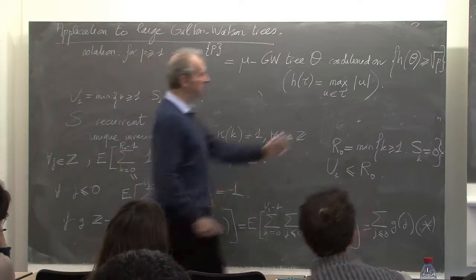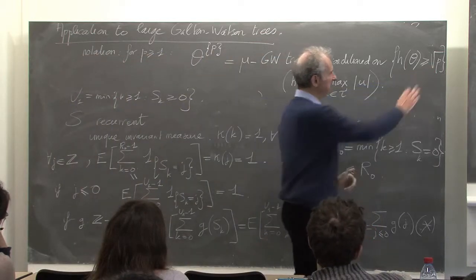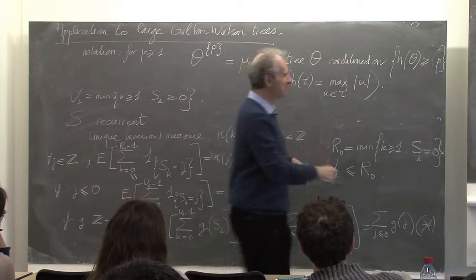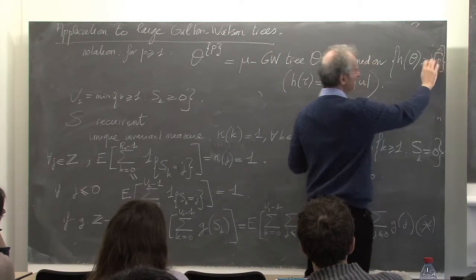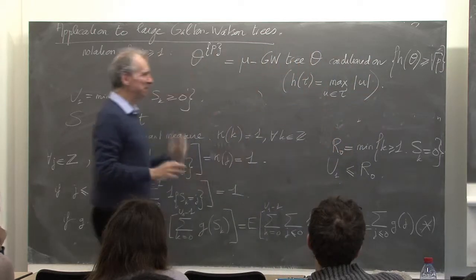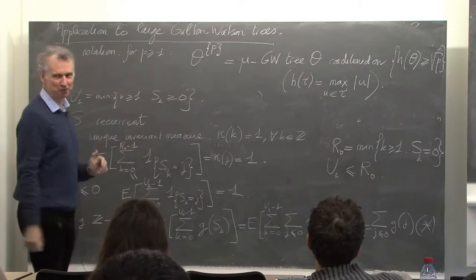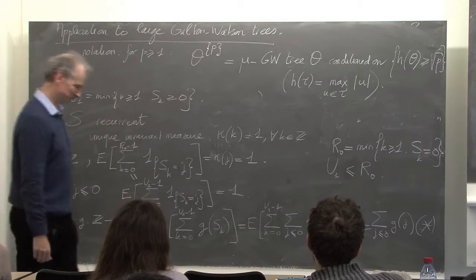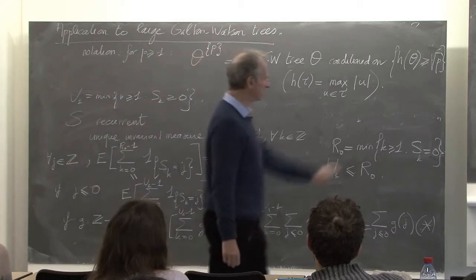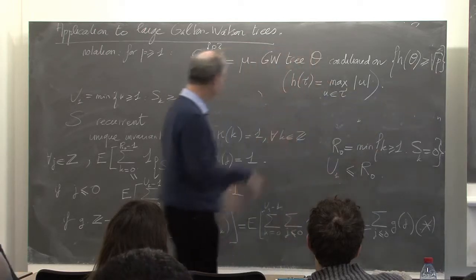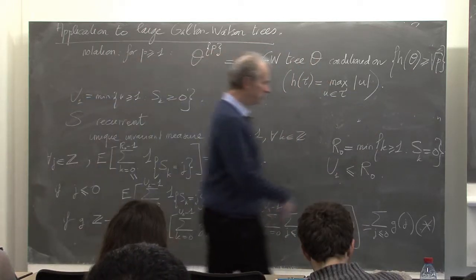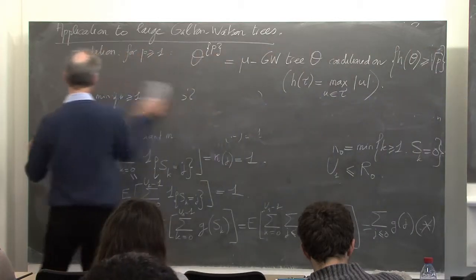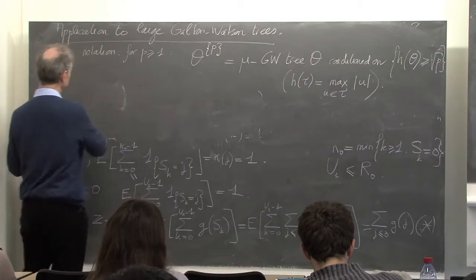You may be puzzled why I put square root of p here and not p. I could do it also with p, but technically it will be just a little bit easier if I put square root of p there. So don't be disturbed by the fact I put the square root here. Essentially, I want to understand now, again, what can we say about the height process of this tree?